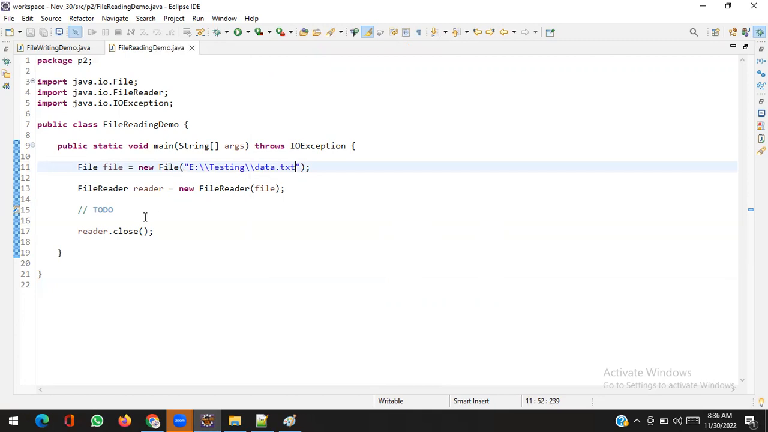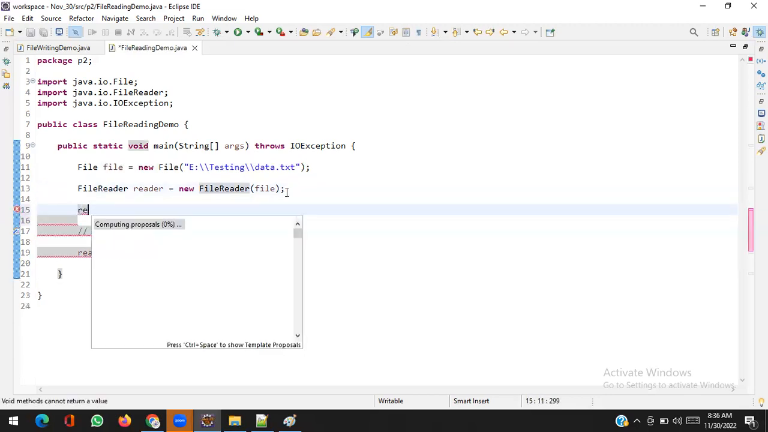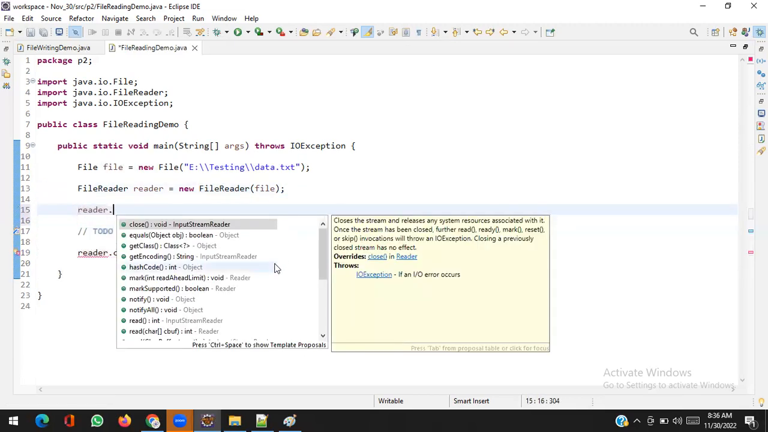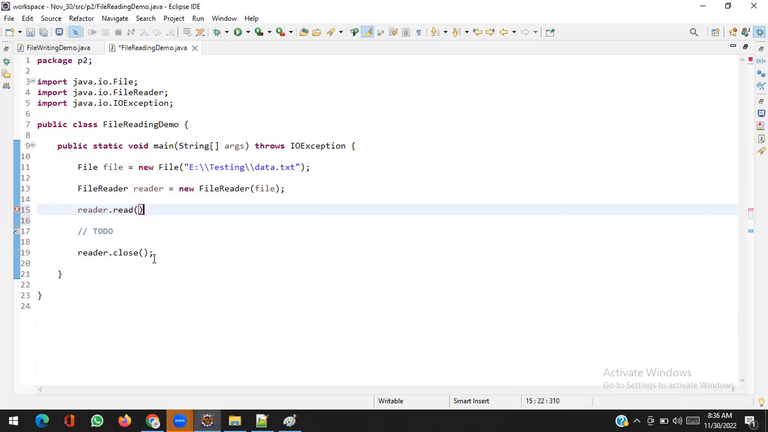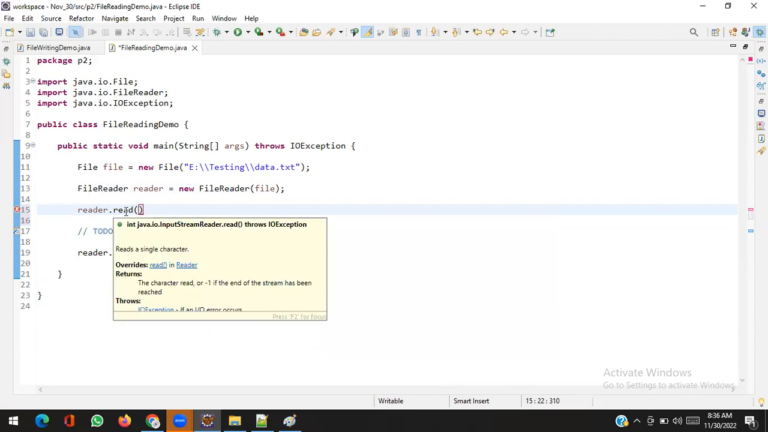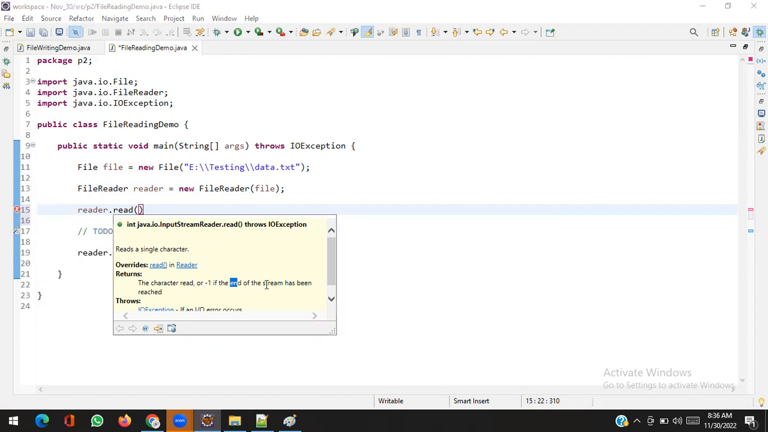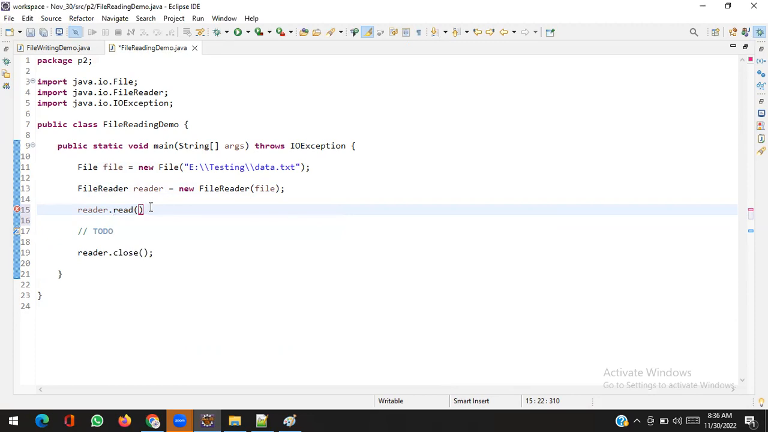Okay. Now how to read it? FileReader. Let me show you, reader.read method. There is a read. It will give the data, and it says if it gives -1, that means end of the stream, end of the file. Okay. So what I will do,